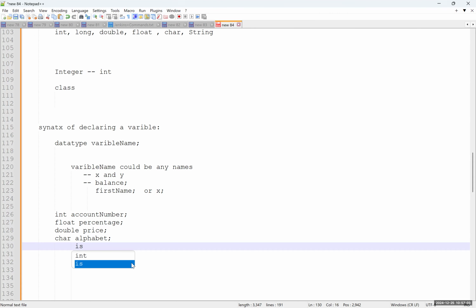Is validated. So is validated will always return true or false. If you have a requirement of returning true or false, always choose Boolean. Is validated. For example, let's say